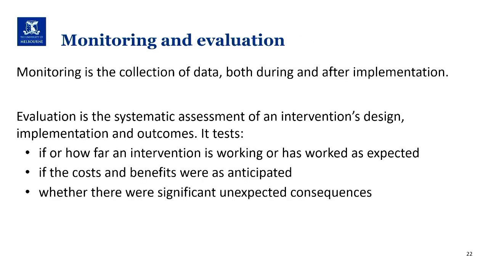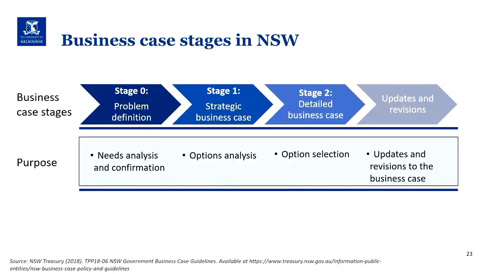And now let's analyze what is included in how to develop a business case for the government of New South Wales. So here we have the 3 stages for the business case. We have the problem definition that focuses on the needs analysis and confirmation. Then the strategic business case, which is the option analysis, and this one includes the long list, the short list. Then stage 2 is the option selection, and this one includes how you're going to choose the best option from the short list, and then updates and revisions to the business case. So as you see,